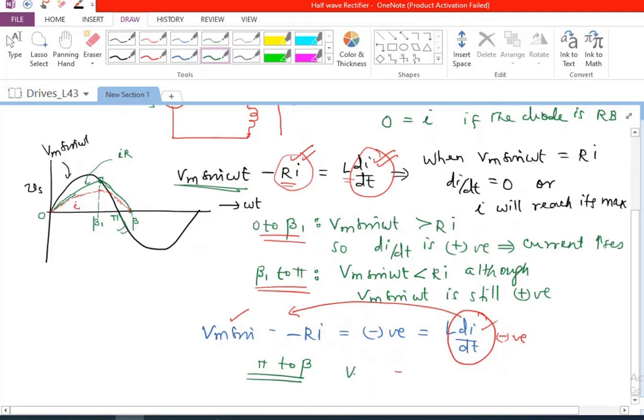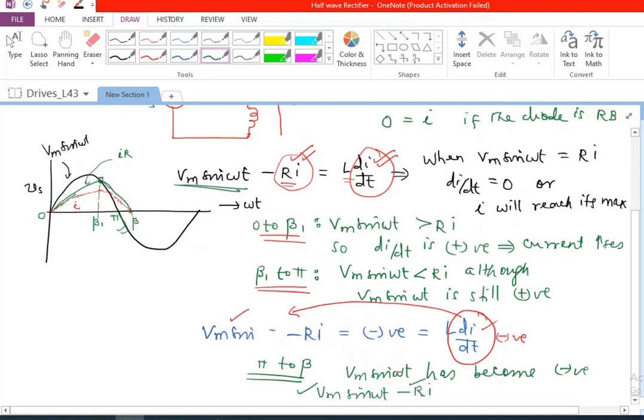So Vm sin omega t has become negative. And Vm sin omega t minus Ri,